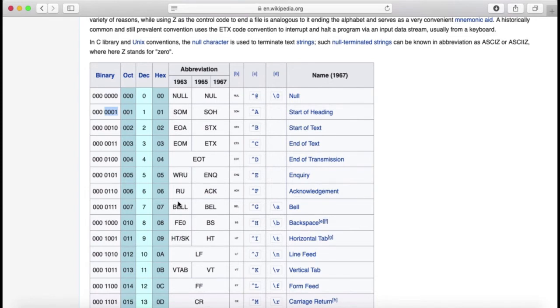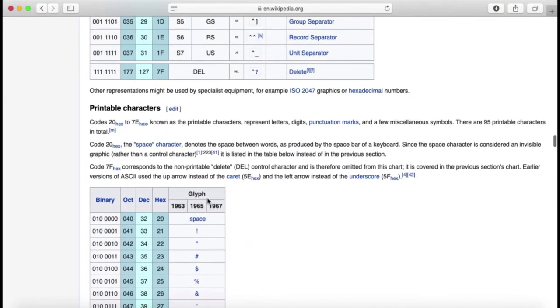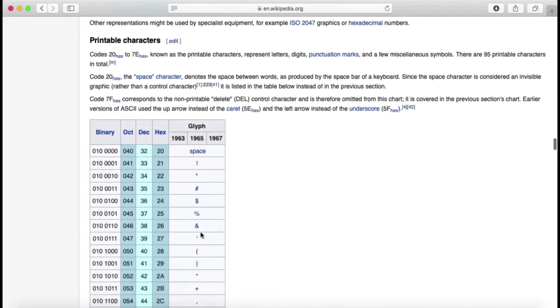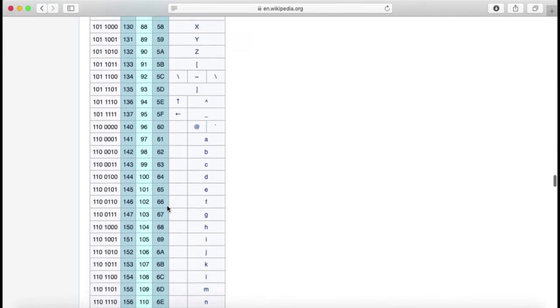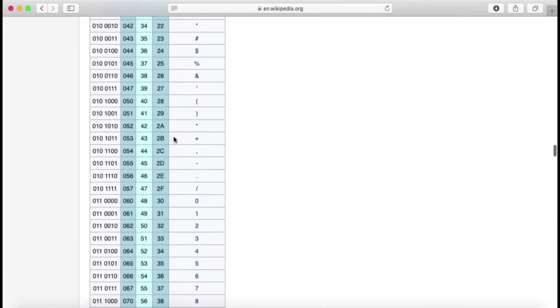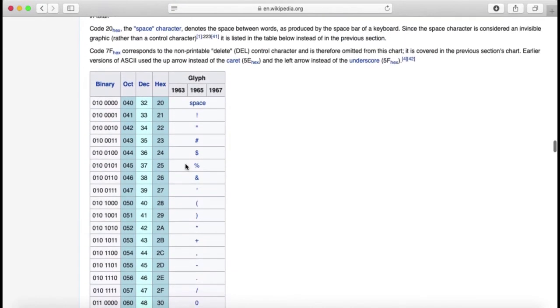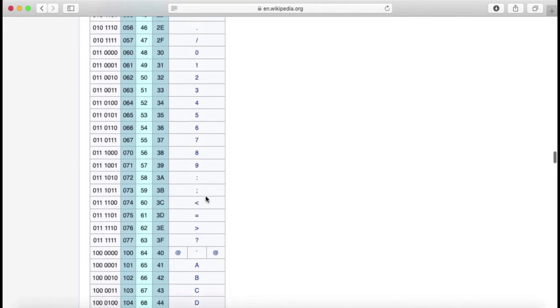So we can also say these characters are just a kind of explanation of these 128 numbers. Then we quickly move to the printable characters. You can see from the decimal number 33 to the very bottom, the 126. All of these are the printable characters. And on the right, you can see what they are. So the first one is space, and then a couple of signs and marks, and then